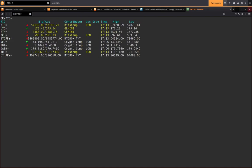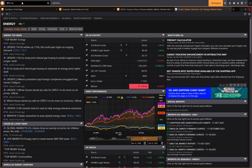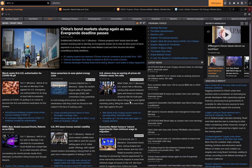So I kind of want to return back to the news tab because I'm kind of fond of how they display their news on their home page, their front page. So this is a nice screen to open up the system with because it'll show you the most important news items of the day, and of course it does refresh. And if there's breaking news, a red bar will appear up here